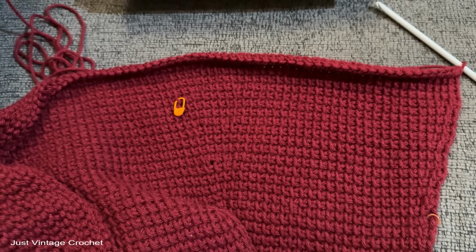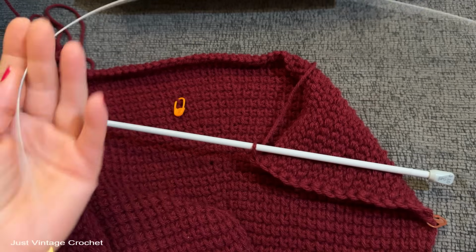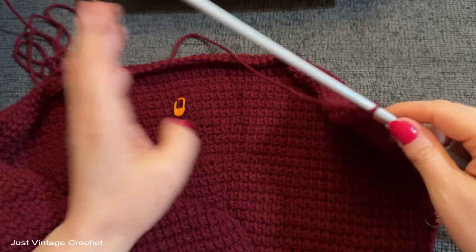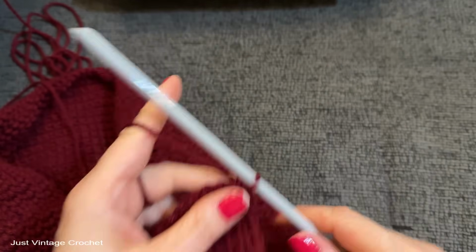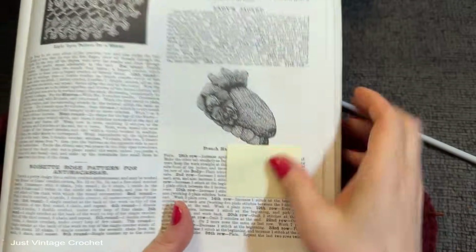So now I am here at row 19. I went ahead and switched back to my straight hook because honestly, the wire, while extremely useful, can be a little bit annoying. So I was super happy to switch back to my fixed hook. So now it says, I guess I need to bring this back up. So for row 19,